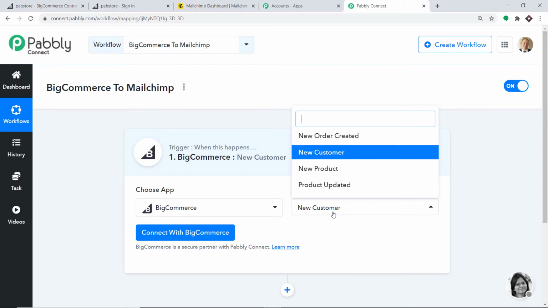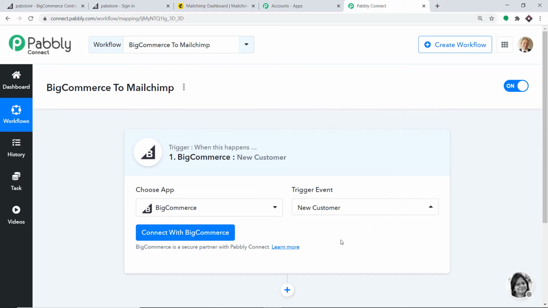So your obvious question is, what is a trigger event? Trigger is basically an if statement. It asks a question. If the condition is met, what should be done? For example, if a new customer is created, then what action should be taken by the system? Actually, there are more triggers like new order created, new product updated, and so on. However, in case if you don't find the trigger of your choice, you can make a request to our team at admin@pabbly.com for the specific trigger that you want to build. But at present, I just want to send the data when a new customer is made in BigCommerce.